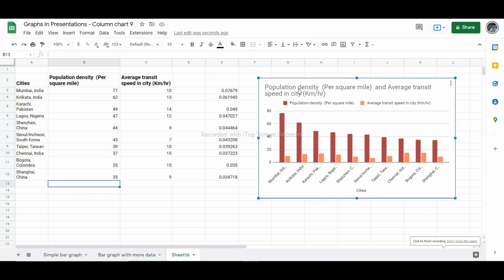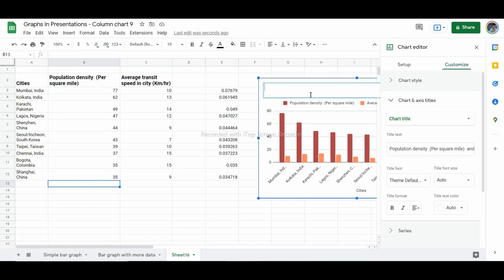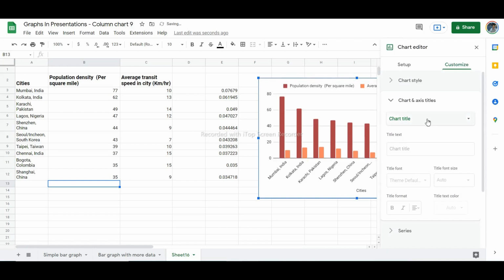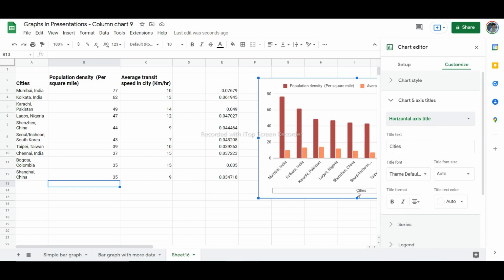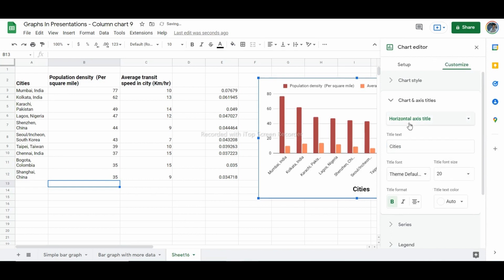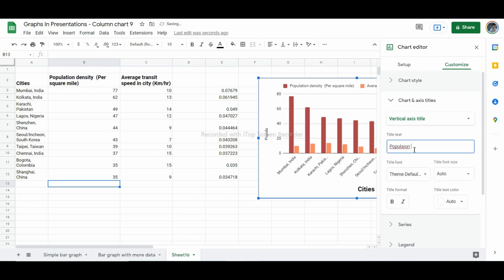Now again we can rationalize this graph or make this graph more detailed. Let us first of all remove the header. It isn't looking good. Then let us add a horizontal axis title, naming cities. Let me just adjust this as well. And a vertical axis title, naming population density in thousands